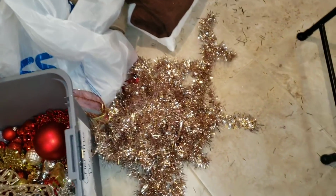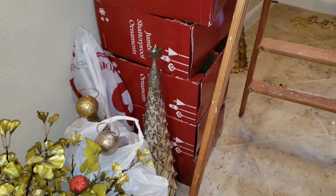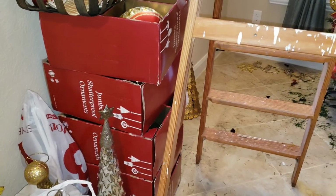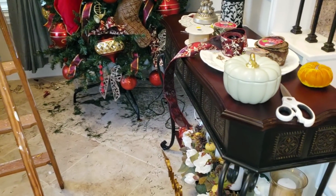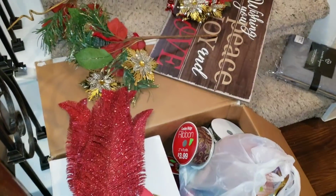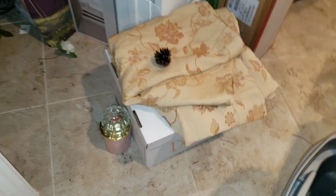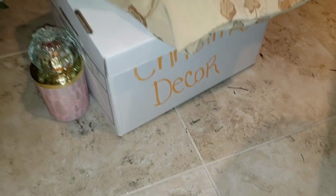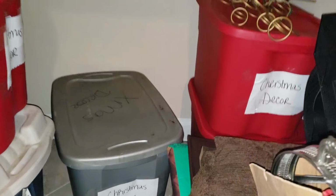Okay, and let's see here. Here's more ornaments and things over here. And I have started on my tree. I won't show you guys that, but you'll get a little peek of it. Here's another box on the staircase. And there's a box down here under this stuff. I usually use this curtain as a skirt for my tree, and as you can see, I still have more boxes in my storage area back here. So I still have a lot of decor to pull out,